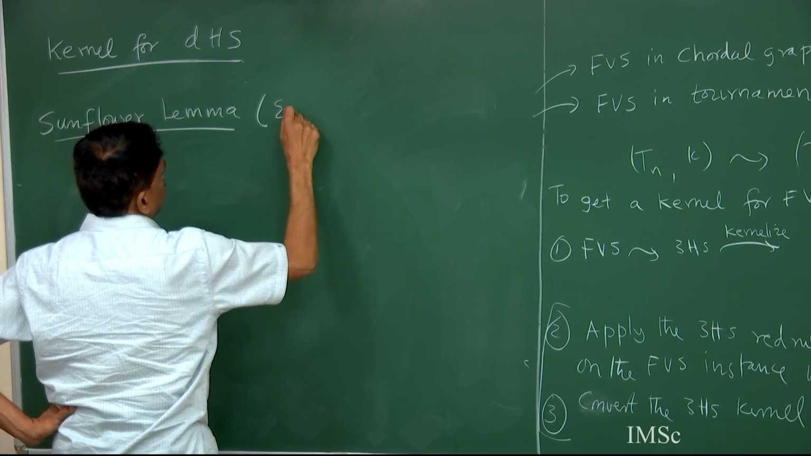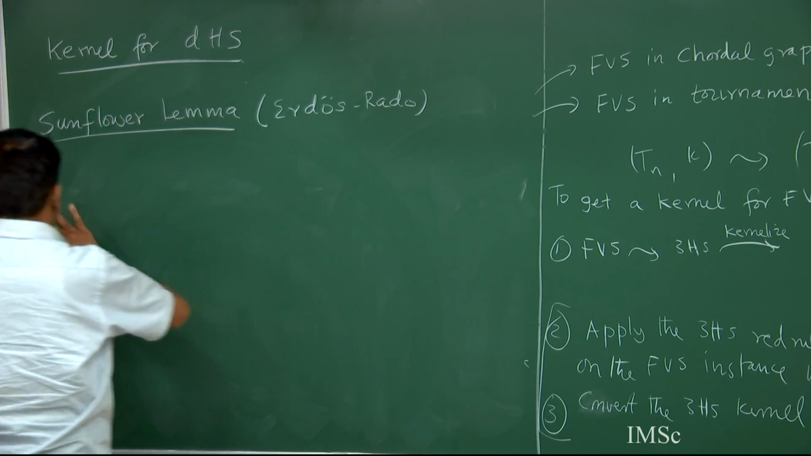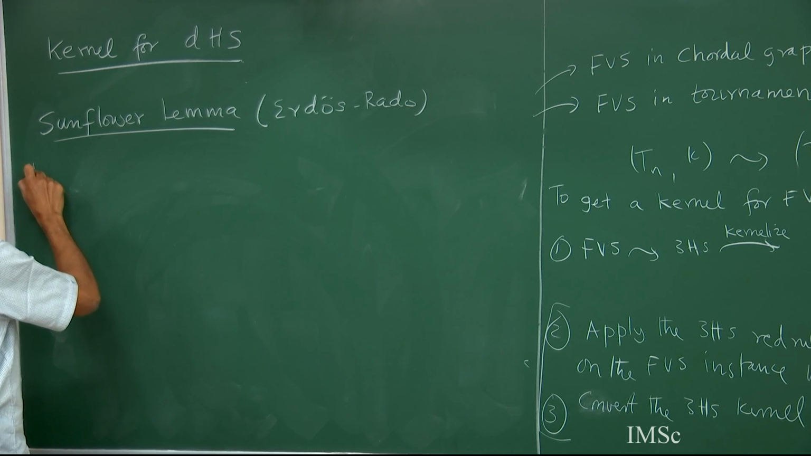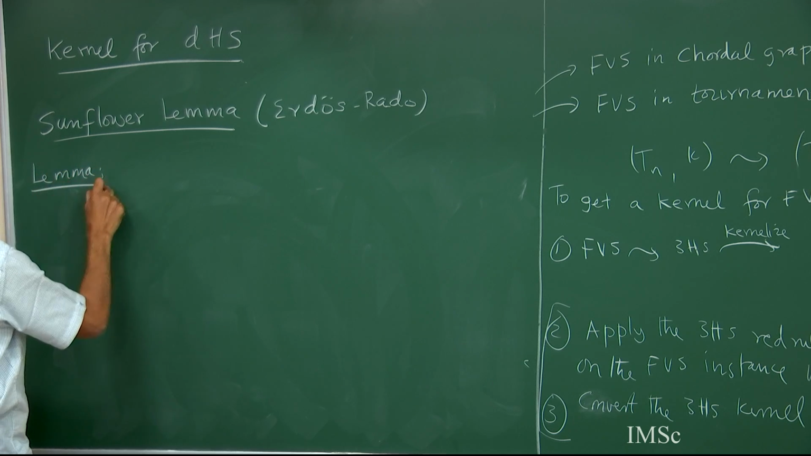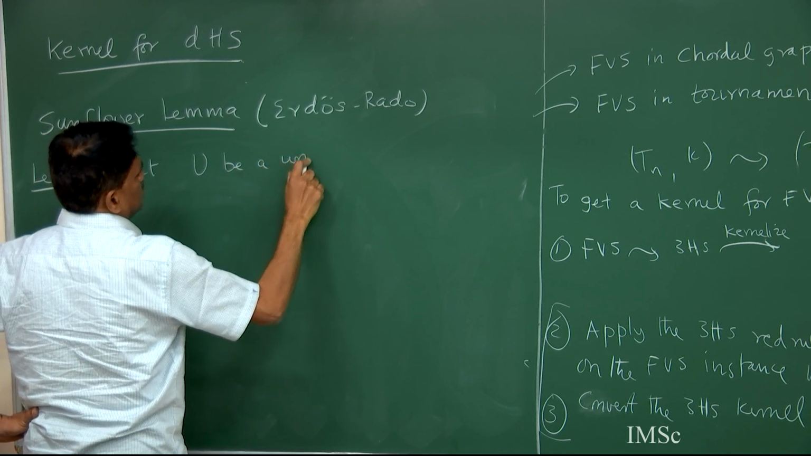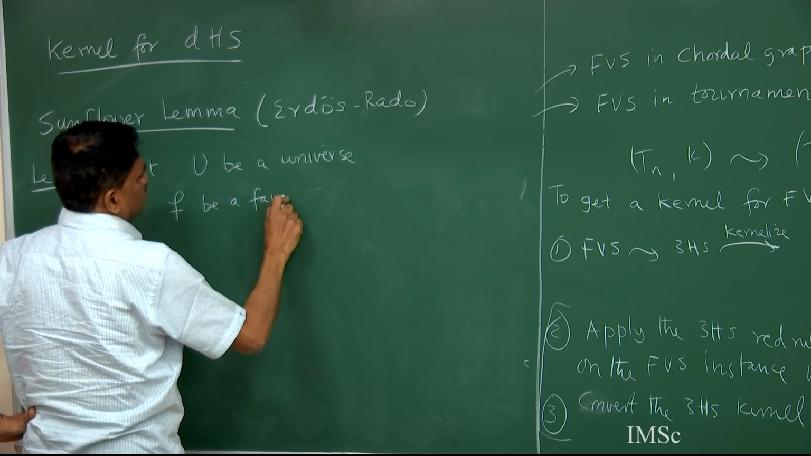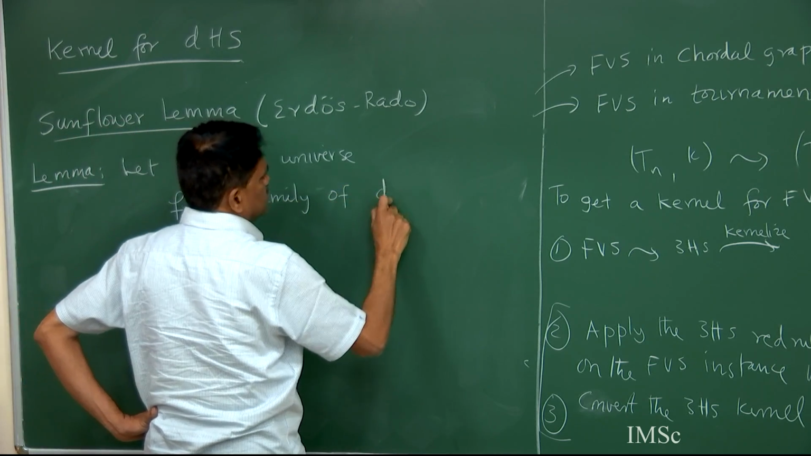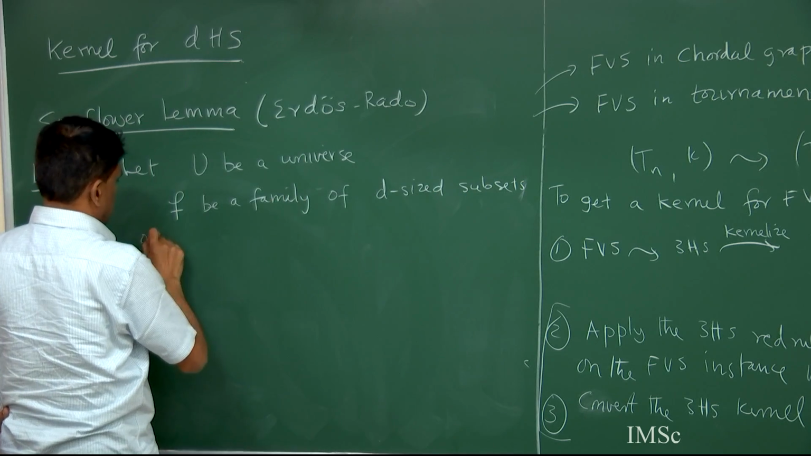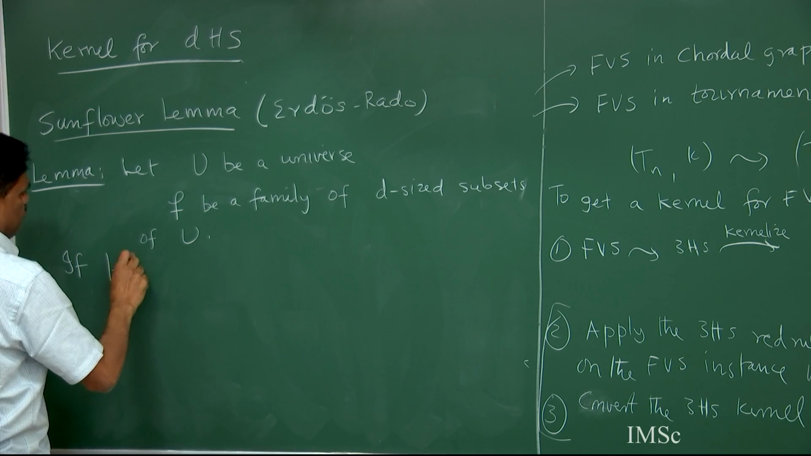Right, this is due to... so what does this say? So let U be a universe, F be a family of d-sized subsets of U. If cardinality of F is greater than